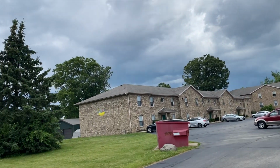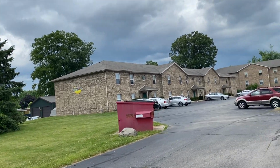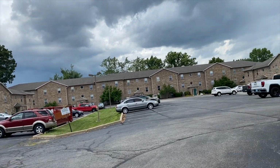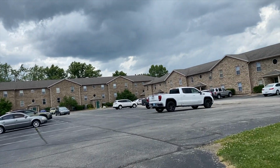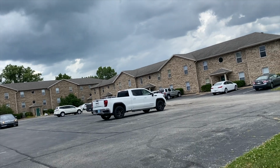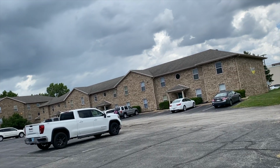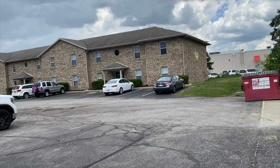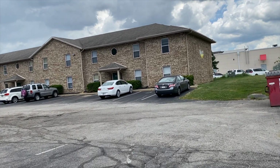And then on the left you can see the management is Granite, and there is ample parking space. It's free of cost, you don't have to pay anything. And now you can see that's my car,